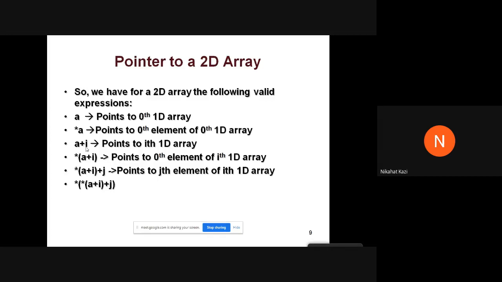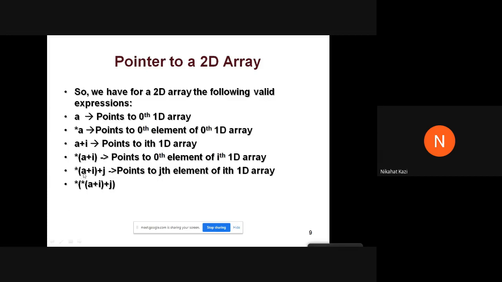And star of A plus I is nothing but the address of the 0th element of the ith 1D array, so it will again give me the exact base address of the ith row. Next, when I say plus j, when I introduce the column index, it becomes the address of A of I j.